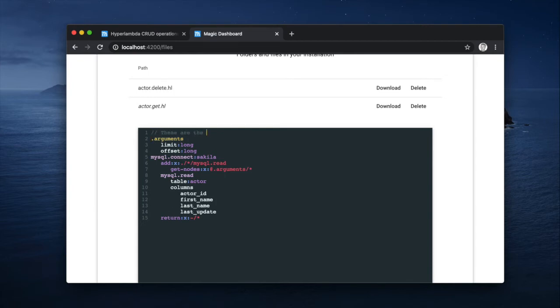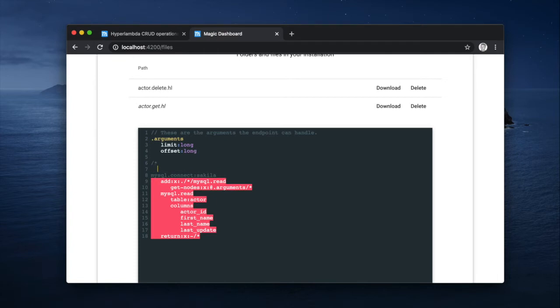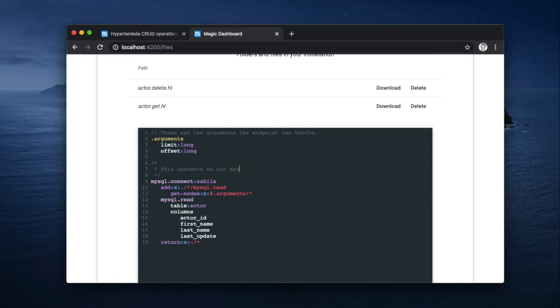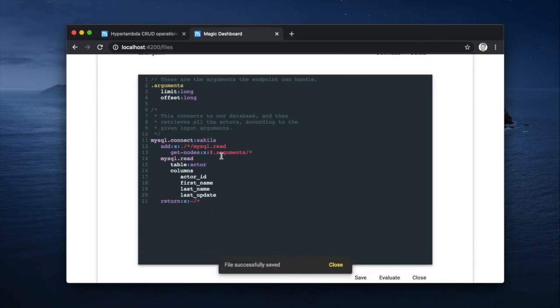These are the arguments the endpoint can handle. And you can also comment it with multi-line comments such as these. This connects to our database and then retrieves all the actors according to the given input arguments, etc. Now, what this actually does, MySQL read is a slot in Magic, and it happens to go towards